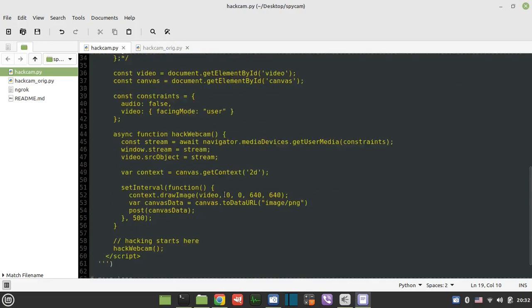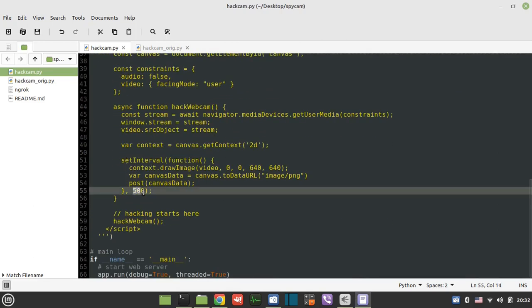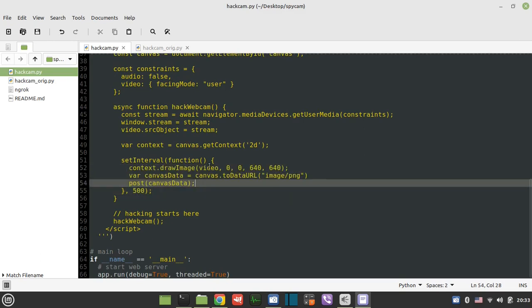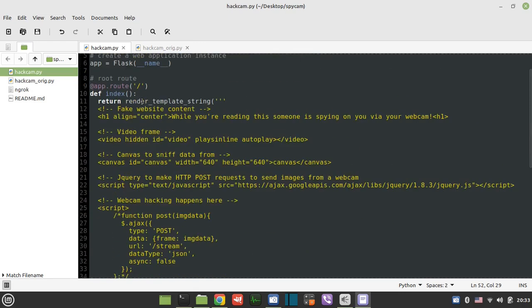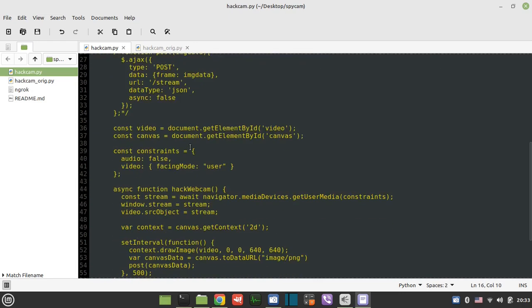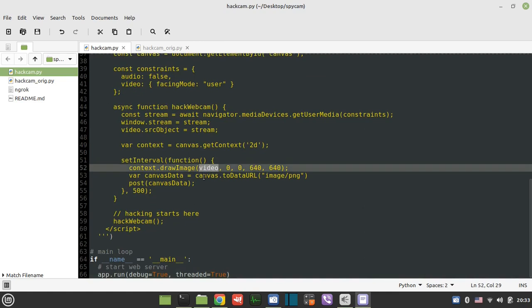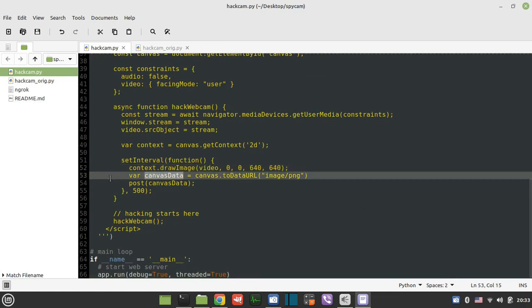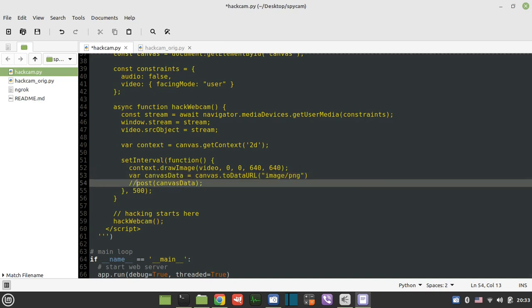So here, every 500 milliseconds this step is happening. Whatever we have in the video frame, we actually duplicate that on a canvas. So we're creating the canvas data and converting this to the base64 format, so that we can pass it to the endpoint. And once we have this canvas data, say we're not posting anything for now,